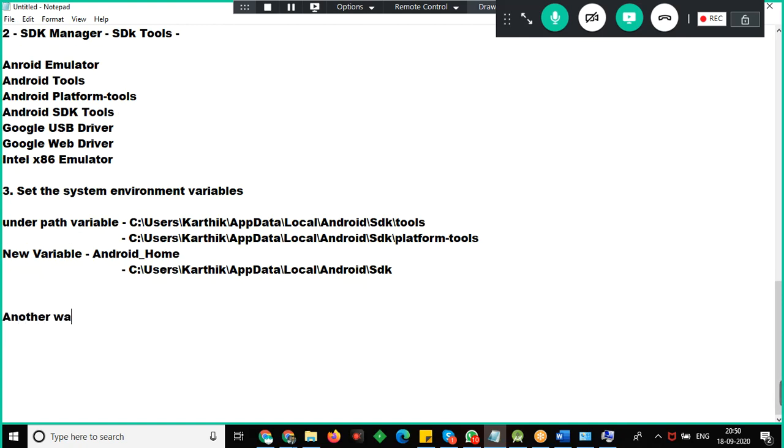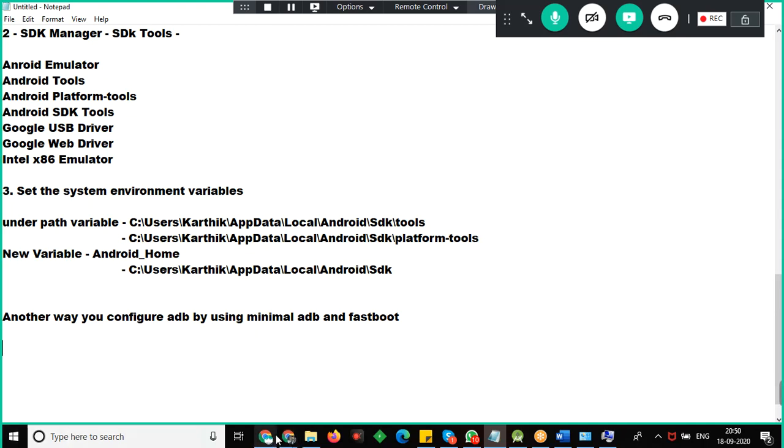Another way you can configure ADB is by using Minimal ADB and Fastboot. How to install Minimal ADB and Fastboot?